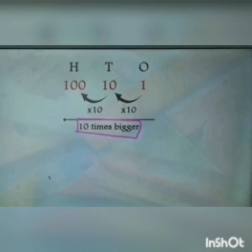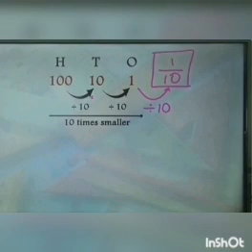Now what happens if I move to the right? If I divide by 10, I come from hundreds to tens place. Once again, if I want to go from tens place to ones place, I need to divide by 10. So as I move towards the right, the digits become 10 times smaller.